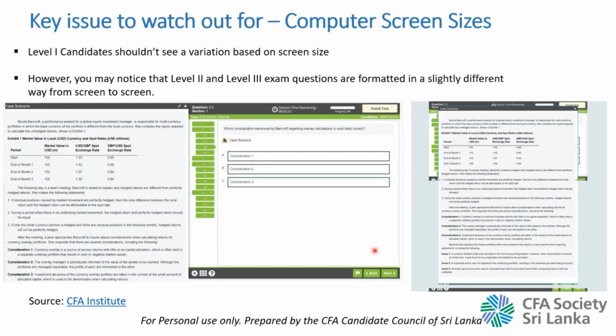Another important thing that was highlighted, hopefully you won't experience problems like this, is that as they showed in the video, the default view, particularly for level 2 and level 3 exams, is where you see the case study on one side and the questions on the other side. But the CFA Institute has also highlighted that there are some situations where the viewing experience may differ depending on the size of the screen.